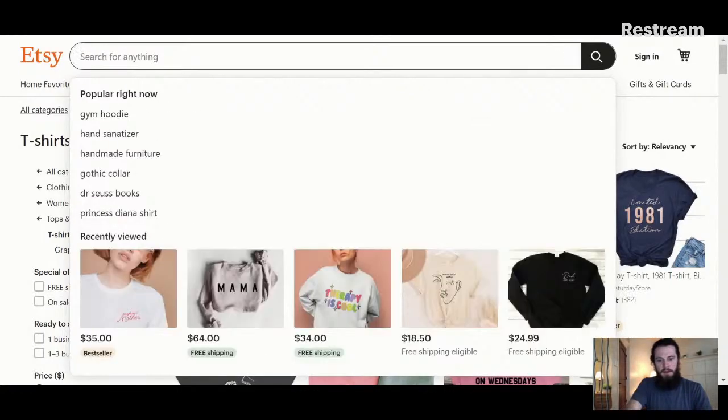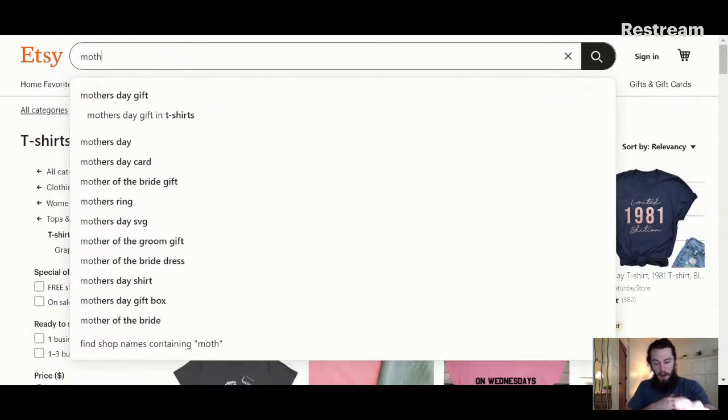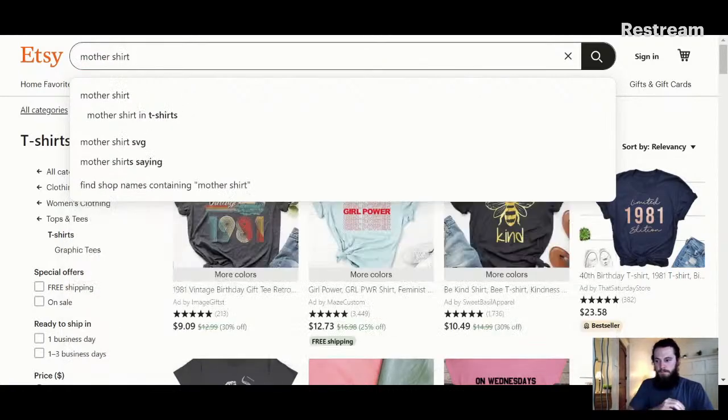And quickly, I want to notice this too. When you begin to type something, like mother, you can see it fills in these keywords that have been recently searched. And this is another note to take down because these are currently trending keywords that people are searching for. And you can pull ideas based off these keywords and click through to each keyword to get more ideas and inspiration on what you can sell. And sometimes you'll find a really good keyword that could be a gold mine where you could use that for really strong SEO and for possibly a different design within your store. So I'll do mother shirt,